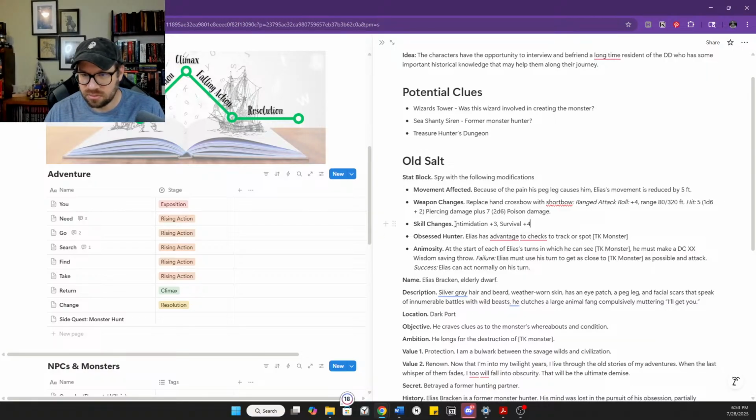I guess we still want to put the note that we're reducing deception. +3, +3, and actually it should be a +5 to intimidation because we want him proficient in that. So he's got a +3 to his charisma, and then he's got proficiency bonus of +2.